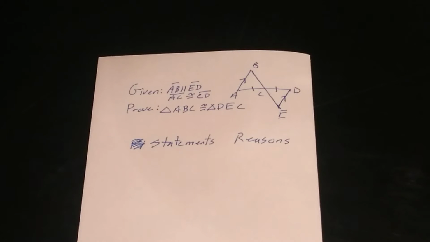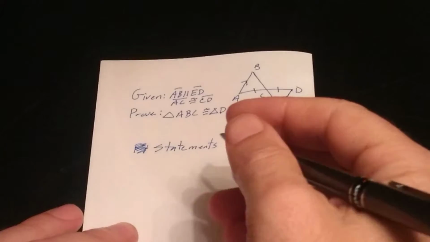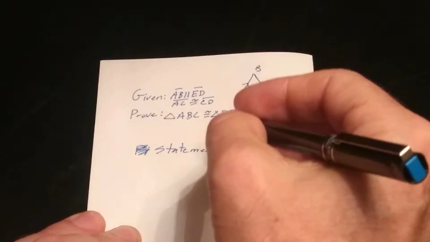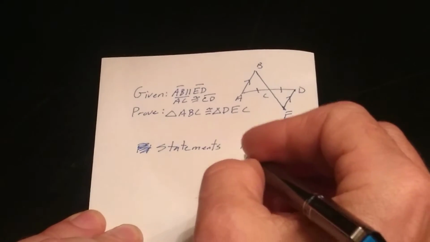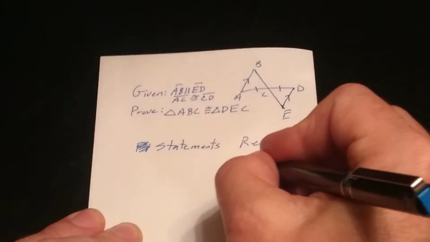All right, so I'm going to do some more proofs just as a little review. The most basic proof that we have is one where I'm just trying to prove two triangles congruent. And as I always like to remind students, the first statement is always going to be the given. The reason is going to be the given, and the statement's going to be